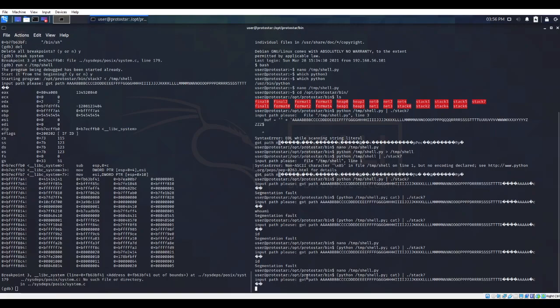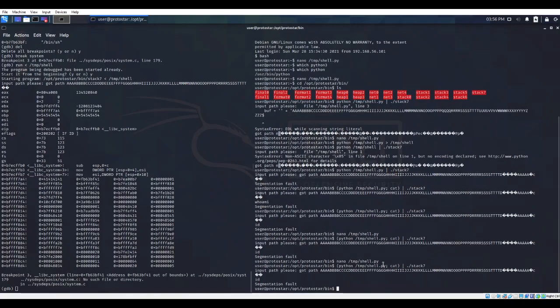So let's try the segmentation fault, which is what you are getting all the time. What happens here is we are getting exit of this one, so